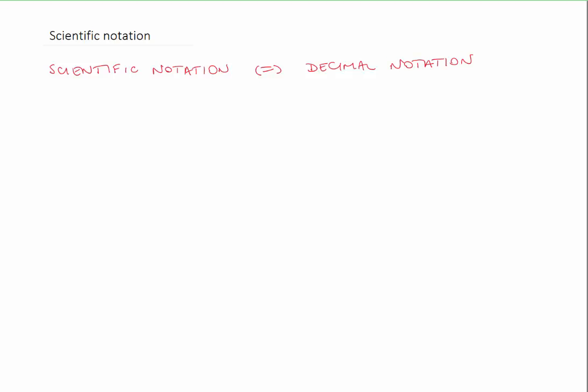In this first part of the videos for this week, I'm going to introduce you to the concept of scientific notation. Scientific notation is a way of writing numbers, and we use this format. For an example, let's say we've got 5 times 10 to the power of 4. Let's have some definitions of the different parts of the number, so that's going to be useful for us to talk about